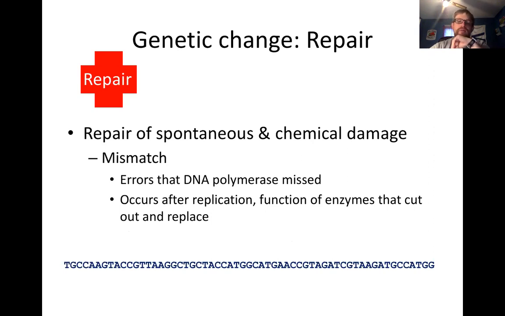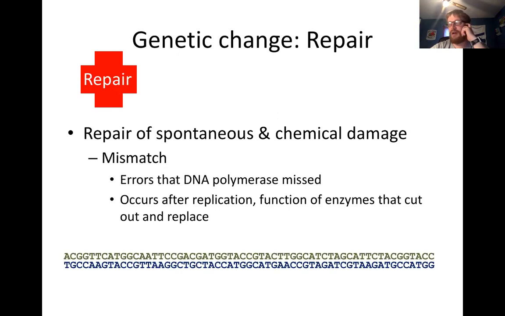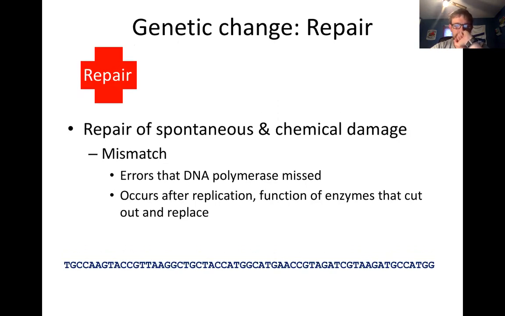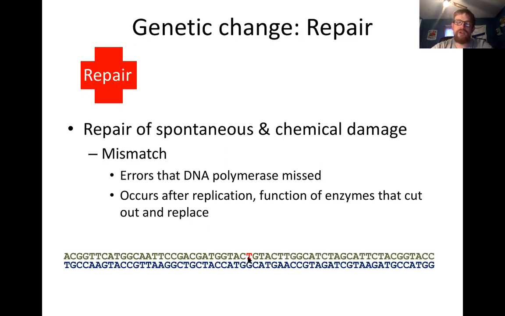You also have, right, the ability to look for mismatch that DNA polymerase may have missed, right? DNA polymerase itself, like you when you proofread, is not perfect, right? So when we look at mismatch, here's two complementary, anti-parallel sequences of DNA. All right, boom, I have a mutation now, right? So a DNA polymerase missed this. It made a mistake. There's a T bound to a G. It didn't catch it, even though there might be a physical distortion there. So what mismatch enzymes can do is come in and replace this mismatch with the correct nucleotide.